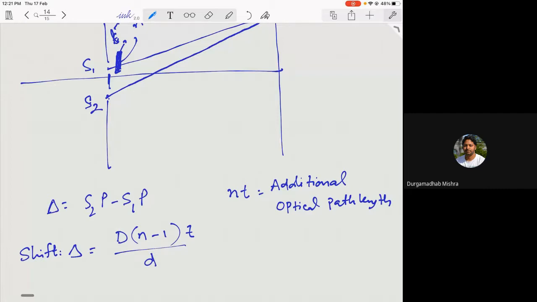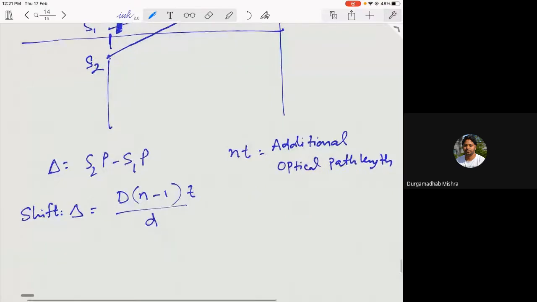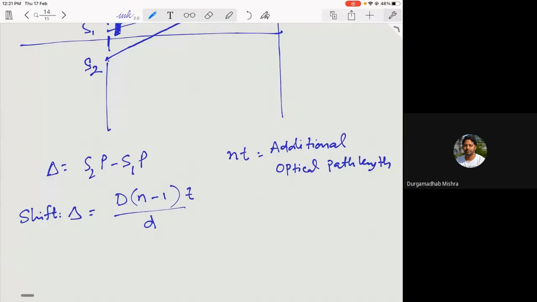So the central point is not changing, okay. And this is what the shift would look like, I mean, this is the amount by which it will shift. So t is the thickness, n is the refractive index. Okay. So you can have a look at the examples in the book,